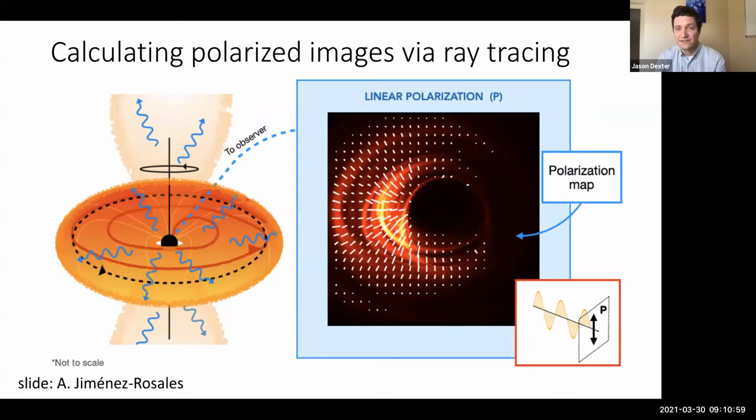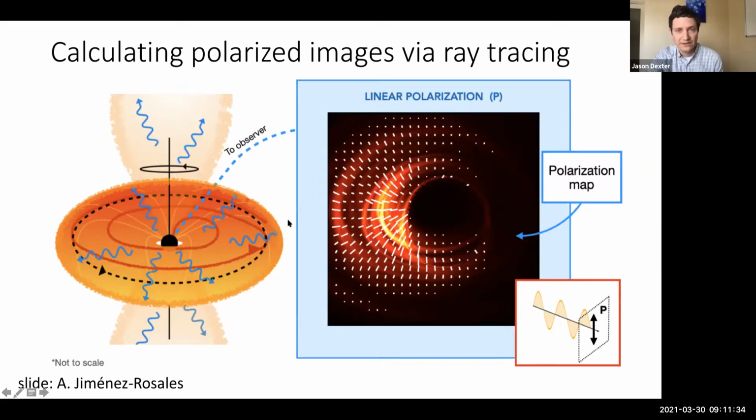We will visualize linear polarization today as these tick marks in various forms. These show the orientation of the linear polarization, the electric vector position angle, EVPA, and the magnitude of the polarized flux is shown as the length of these vectors. Maybe just to briefly recap what we tend to see in these near horizon black hole images, we get a bright spot where the gas is rotating towards us due to Doppler beaming, and this dark region in the center is the so-called shadow of the black hole.